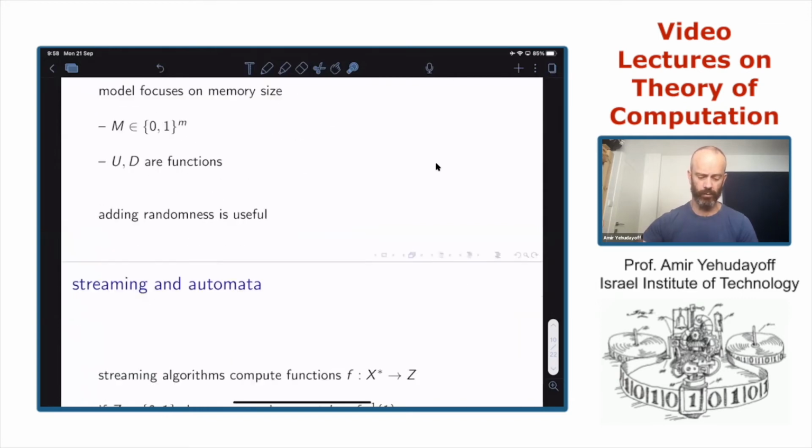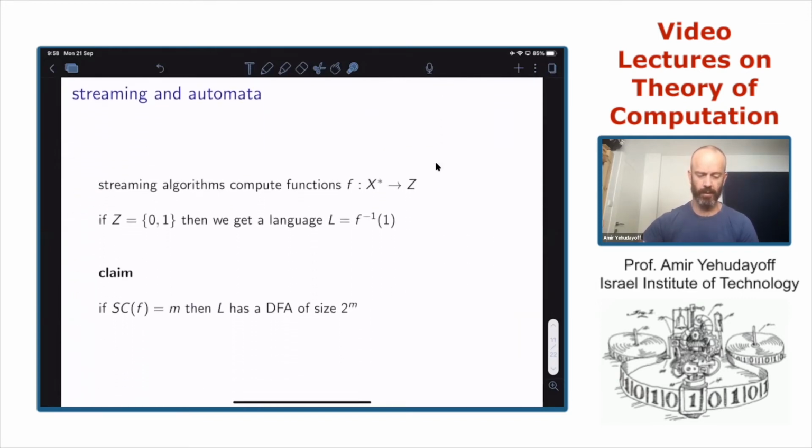And now I want to move to the connection between streaming and finite automata. Streaming is a connection between finite automata and Turing machines. So right now we are looking backwards. How does streaming relate to finite automata?